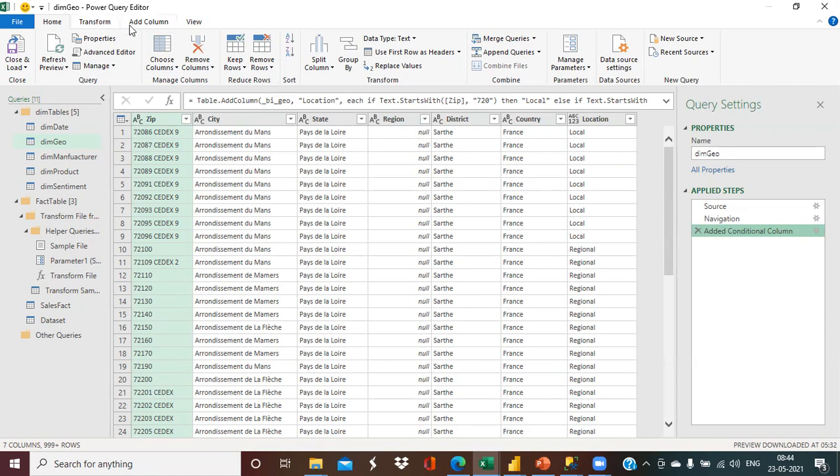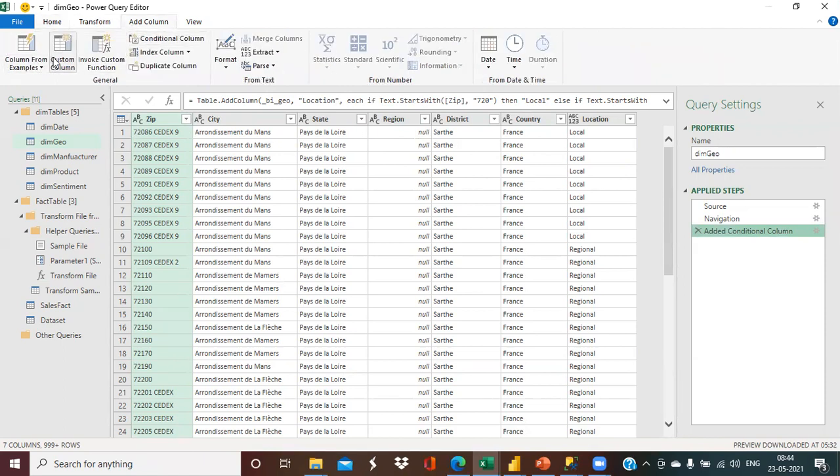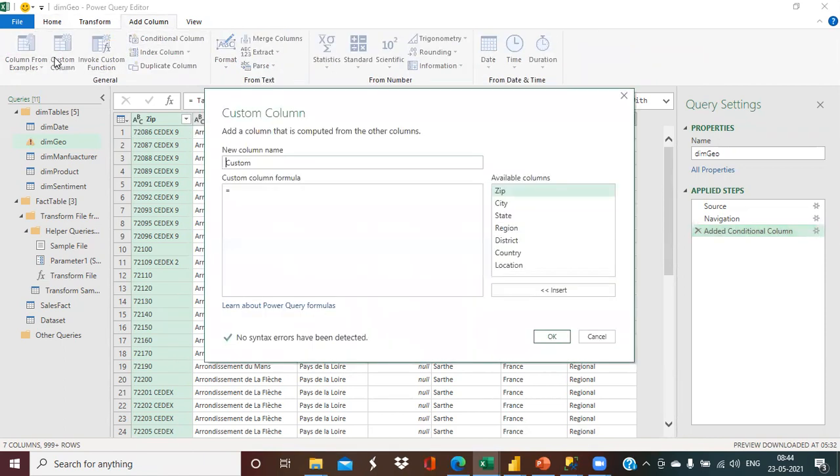So I'll go to Add Column and create a custom column. I'll name that column country zip and add the formula. Use your country column, and for concatenation we'll use the ampersand symbol, then a comma, and then the ampersand symbol once again, and then the zip column.